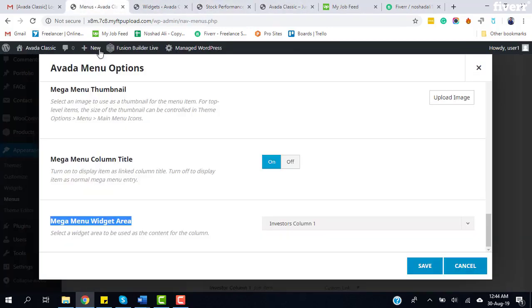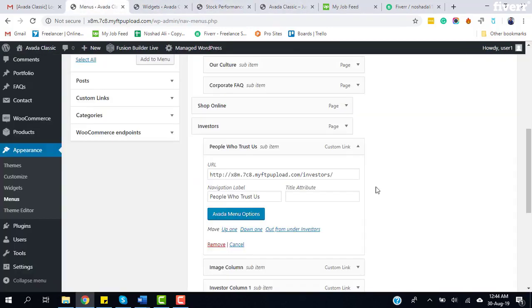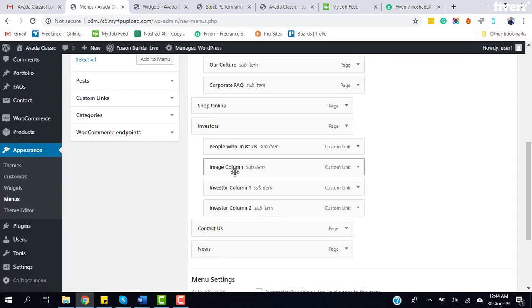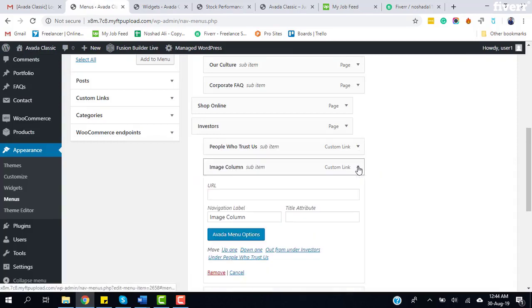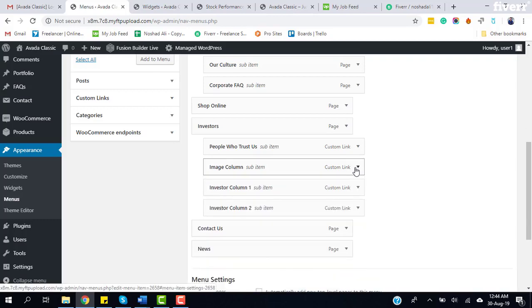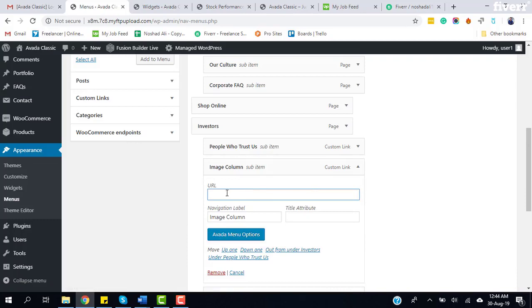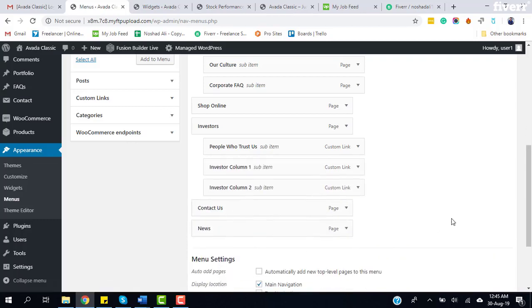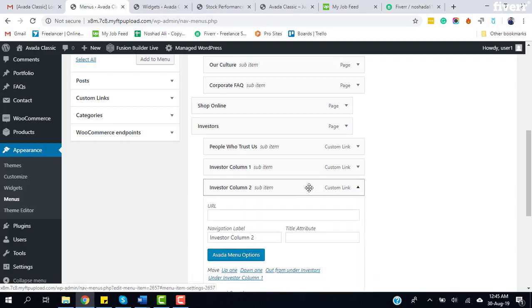If we proceed further in the menu, this is Image Column. Okay, I don't need to check this Image Column. I guess this is not going to work, this is not going to do anything, because if there's no menu, we'll just remove it. So we are left with Investors Column 1 and Investors Column 2. If I open this Investors Column 1,